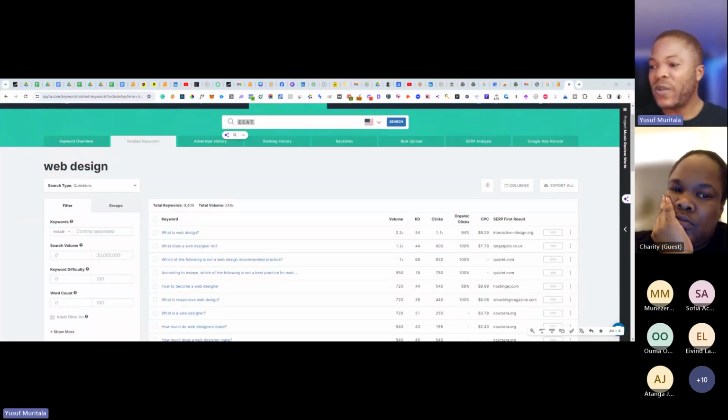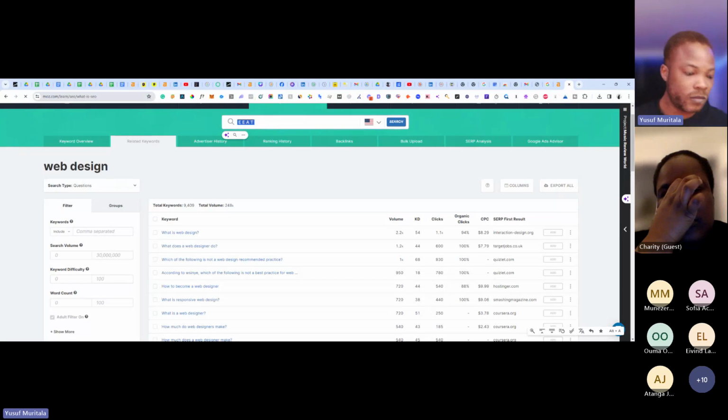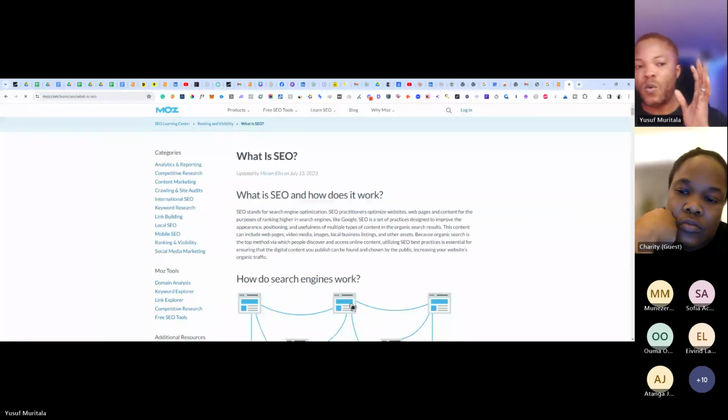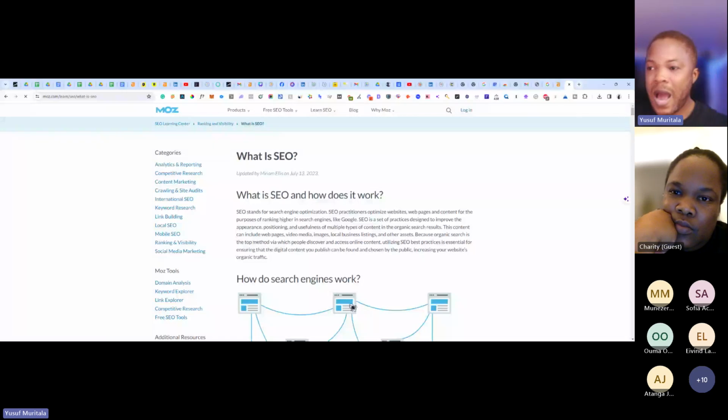Now, as I put here in my notes, we're going to show different types of content that we can write. The first one is the definitive guide, which is simple: what is, how, which kind of questions that you can write about. For example, what is SEO?